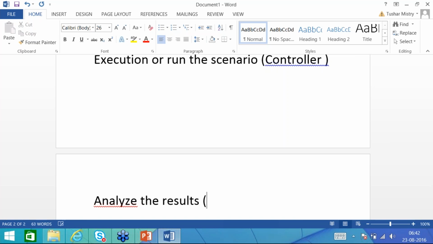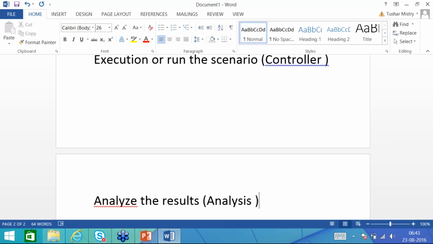Now that is done through the analysis component of LoadRunner. Whatever executions we do, the results will be available as offline results in the analysis component.